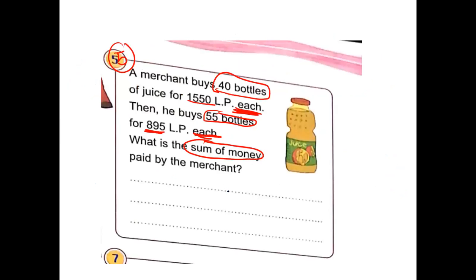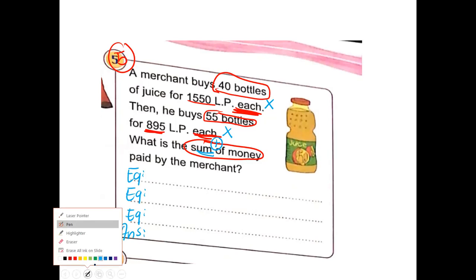The word sum tells us we will add them all. So the first keyword here, each, tells us we have to multiply 40 by 1,550. With the second one also, each tells us we multiply 55 by 895. Then the sum tells us we will add them all. Okay? So if I gave you the price of one thing, or if we're repeating the same number several times, instead of adding it several times, we will multiply it. Okay? Let's arrange first